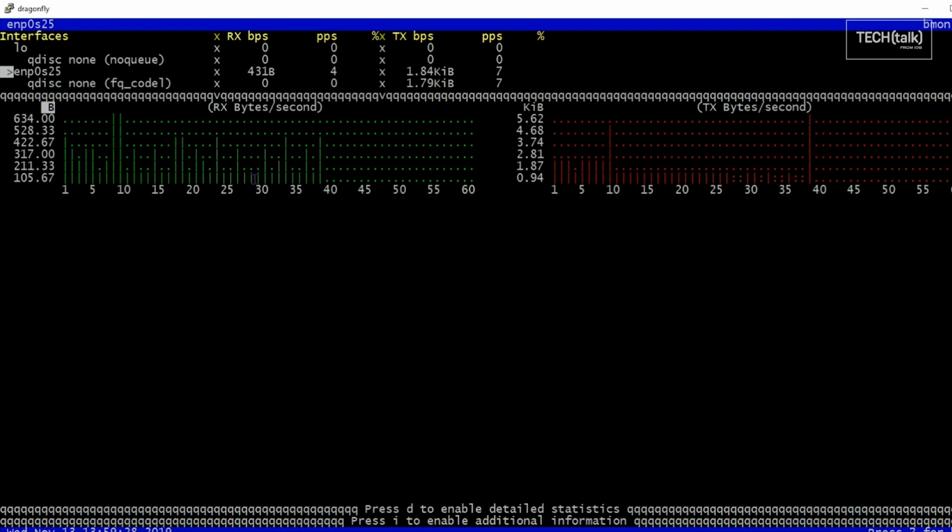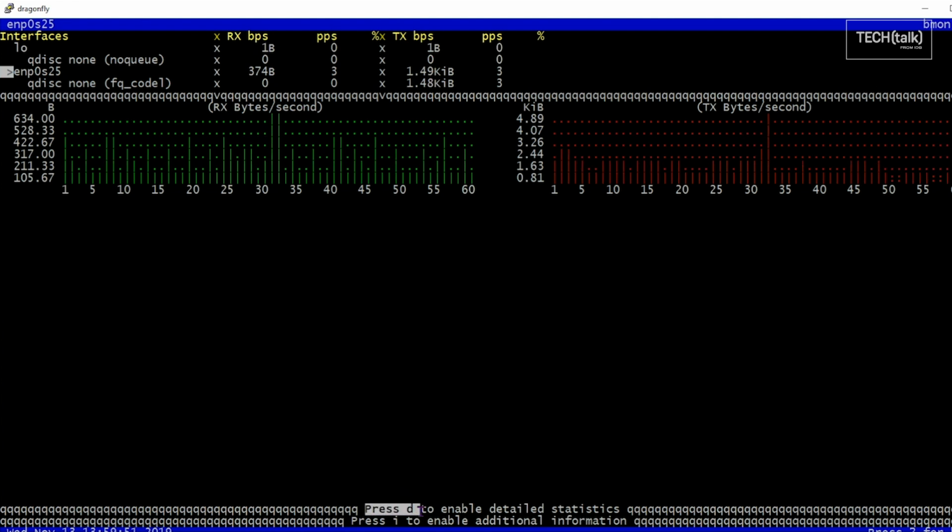Here, data is being reported in bytes, and here in kilobytes, because the units adjust for how much data is coming and going. And currently there's a lot more data being transmitted than received, largely because I'm running this tool remotely. With a large enough screen, you can also bring up detailed statistics.